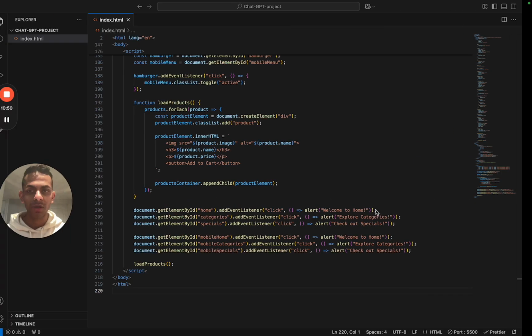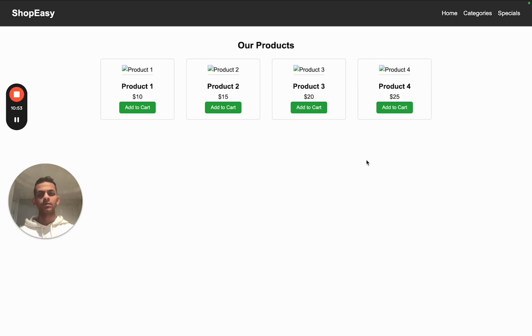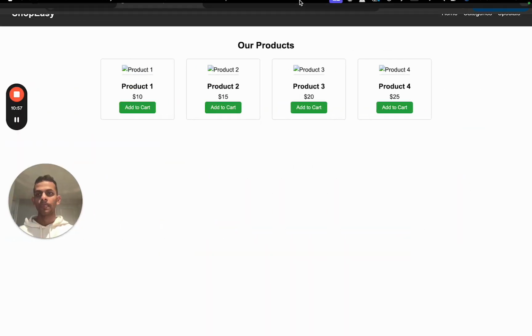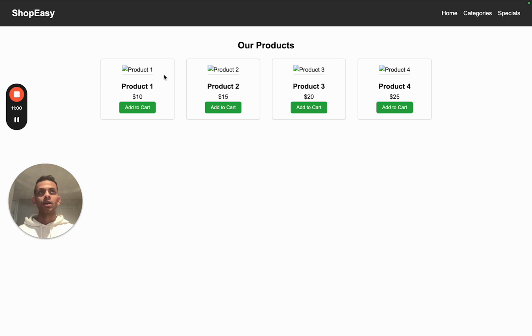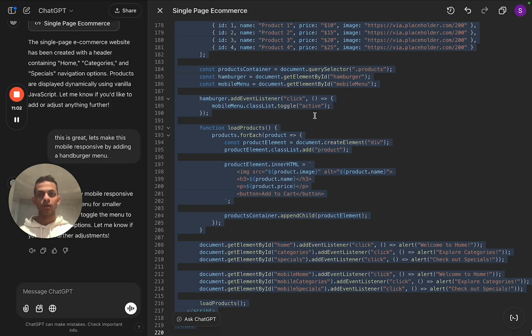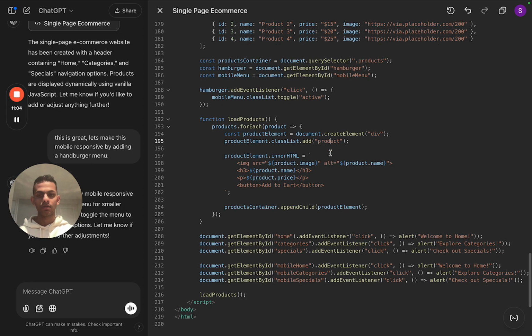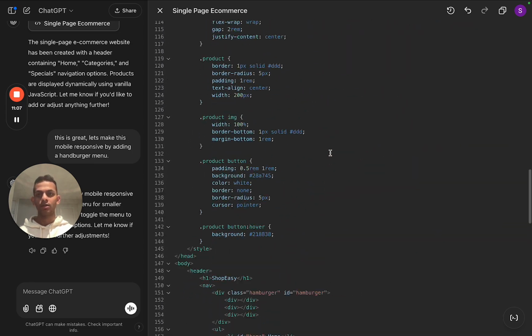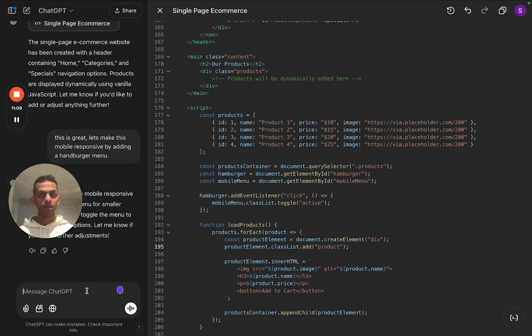So far so impressive. The next thing that I would try to do is to add the cart functionality. I know it's an overkill, but after seeing all of what ChatGPT can do, I think it would be a piece of cake for ChatGPT. Let's do that. Please add a cart functionality